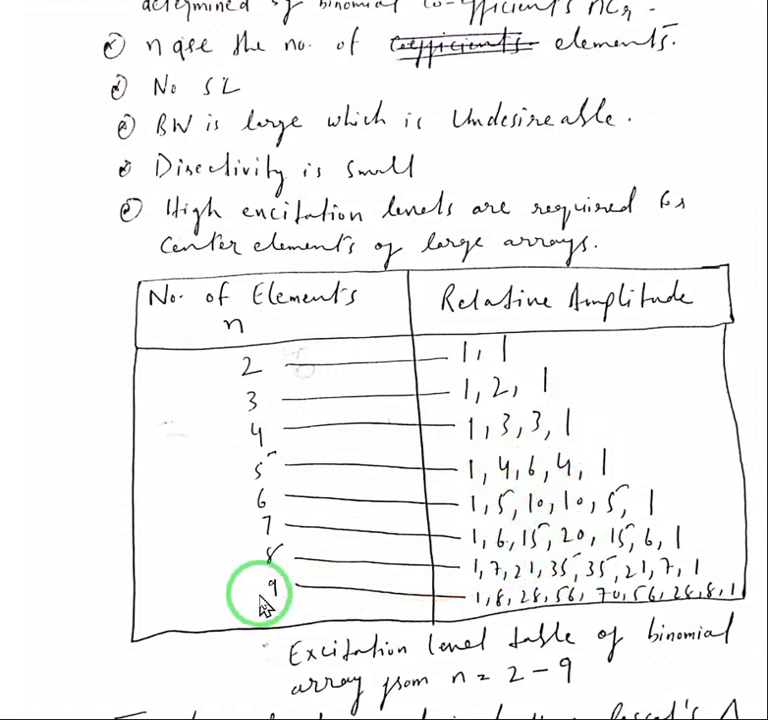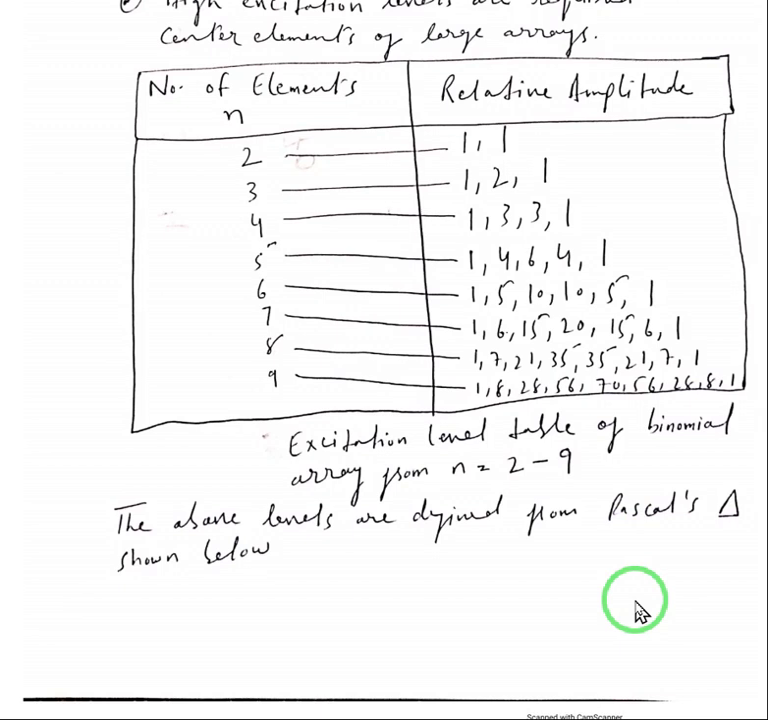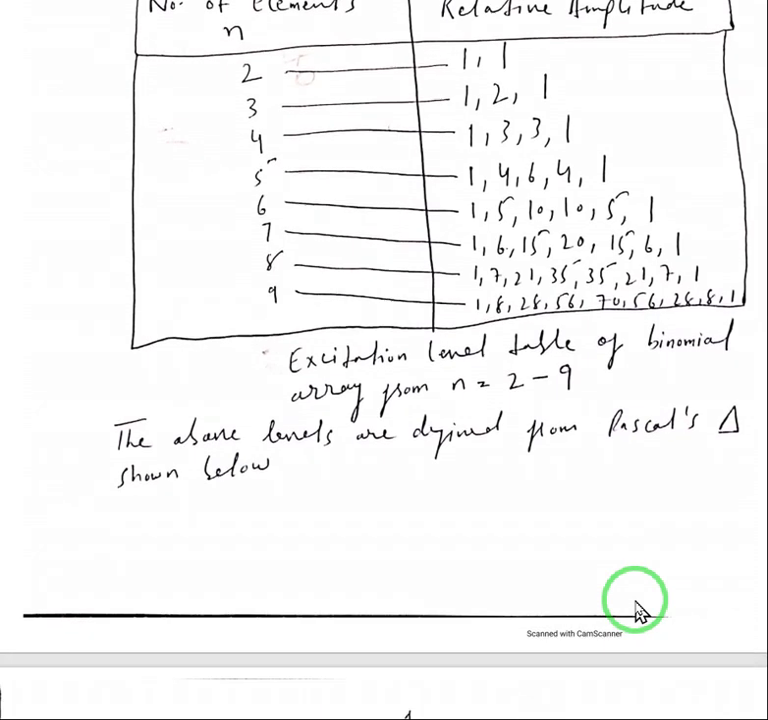If we have a binomial array antenna which contains 9 elements, you can see that the excitation level is so high, that is 28, 56, 70. This is a very high number, and that is basically the major disadvantage of this antenna. These excitation levels are defined from the Pascal triangle, that is the mathematician Pascal's